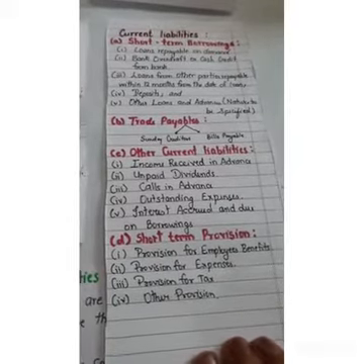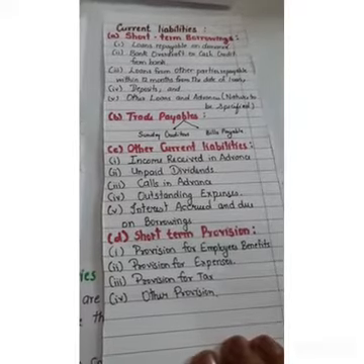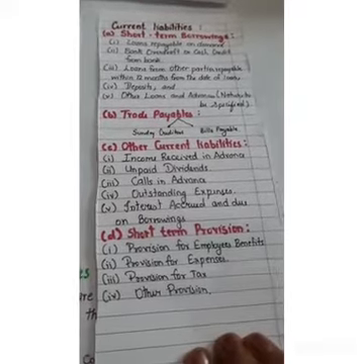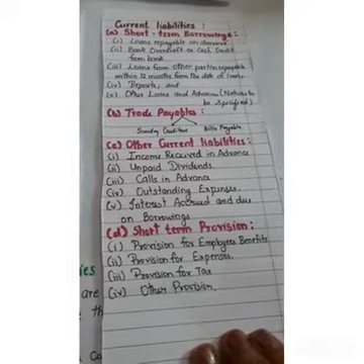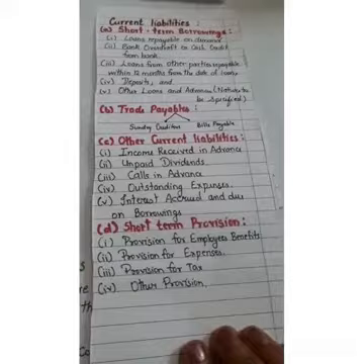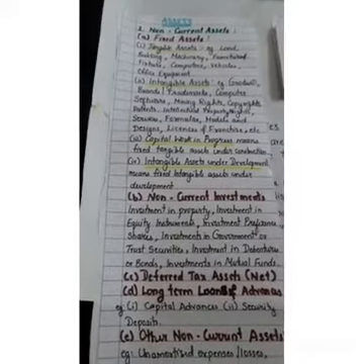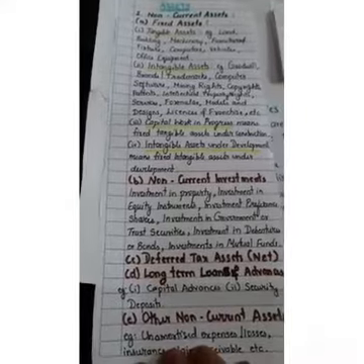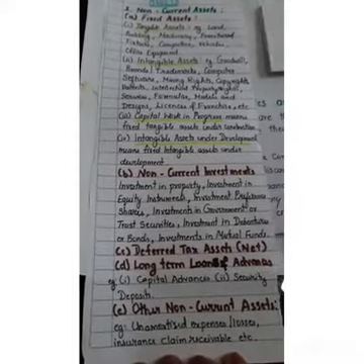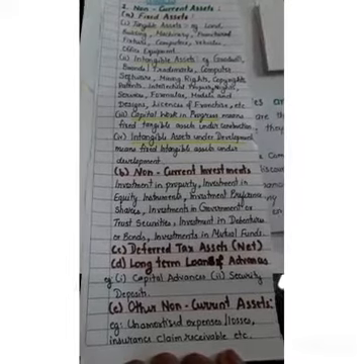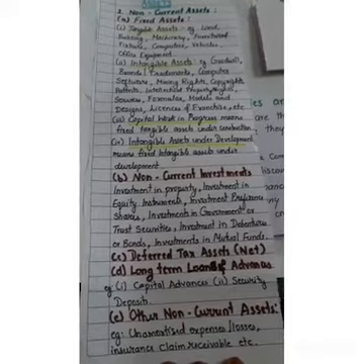Then comes trade payables. There are two items related to trade payables, that is sundry creditors and bills payable. Then other current liabilities, some examples you can note down, and short-term provision also, some examples are given to you. Under asset we have non-current asset, which is subclassified as fixed asset, non-current investment, deferred tax asset, long-term loans and advances, other non-current assets. Fixed asset is again classified into 4, that is tangible asset.